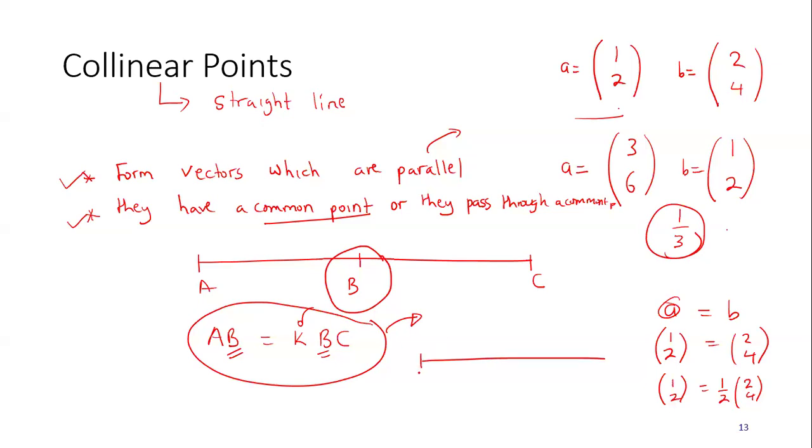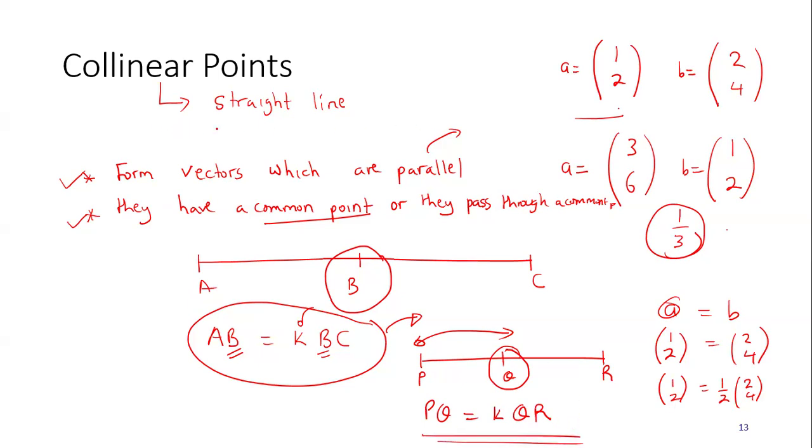In case I had, let me say this is P, this is Q, and this is R. To prove that they are parallel, I must look out for one common point to use. Let me say I'm going to use Q. So I'll use vector PQ, which should equal k times vector QR. That is what I'm going to use to prove my parallelism.